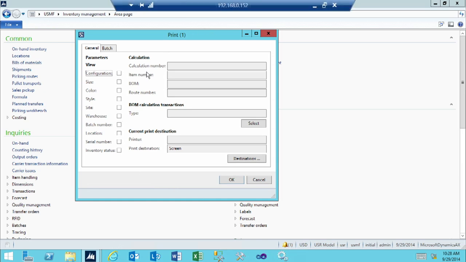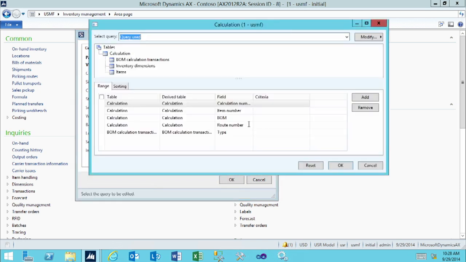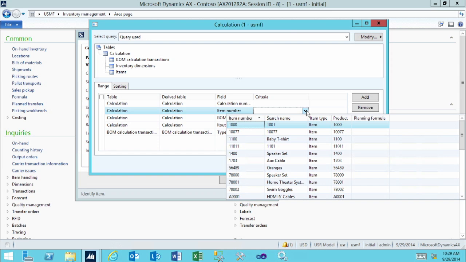When you run the calculation report, you can select the inventory dimensions that you want to view on the report output. You'll want to use the Select button to choose which calculation or which item number you want to run the report for. If you were to run this report wide open, it may take a long time to run and may produce a very large amount of output because every time you run a calculation, that calculation is saved